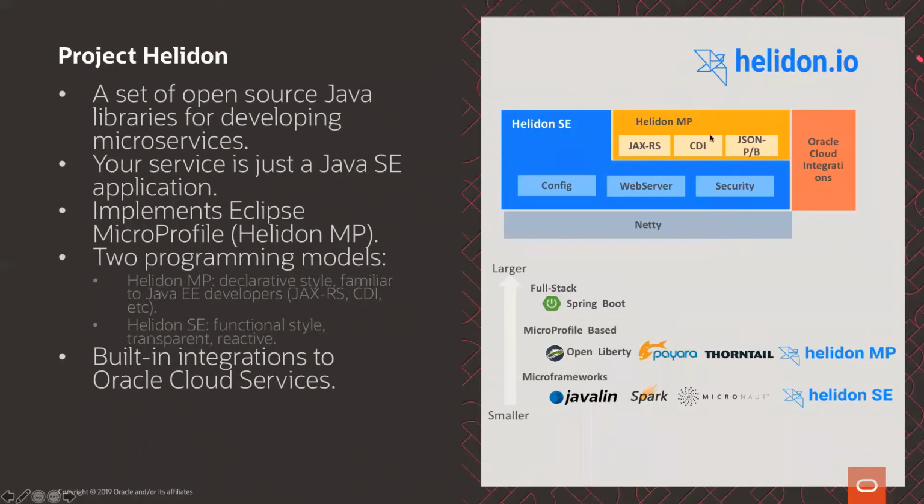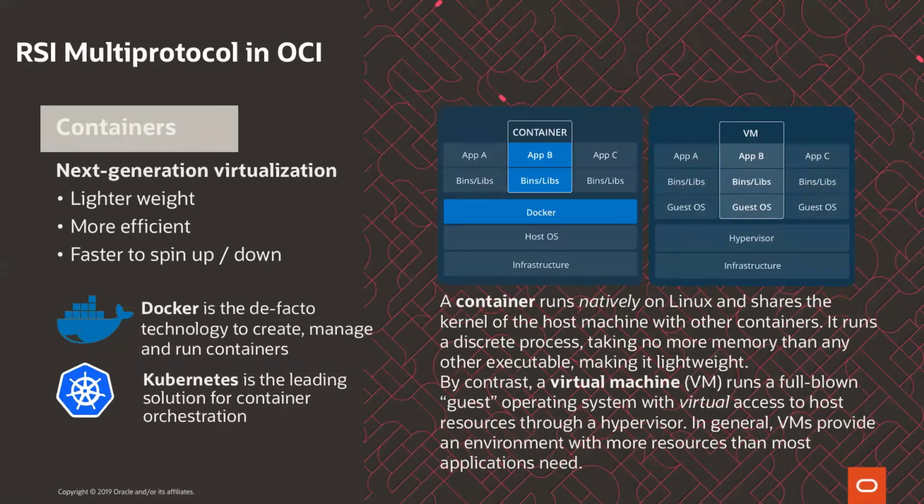You can use Helidon MP, which has the higher-level libraries, for example, for JSON processing, dependency injection, and other stuff. And then you have SE, which is for more low-level things. This is just a reference. It's also out of the scope of this presentation, but it's explaining what Docker and Kubernetes are. I guess most of you already know what they are.